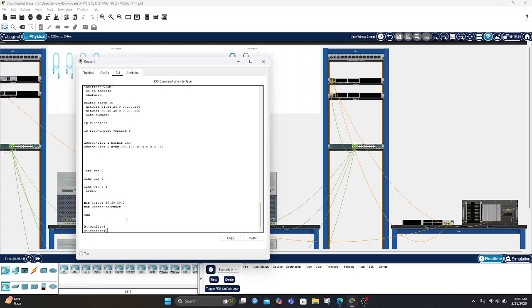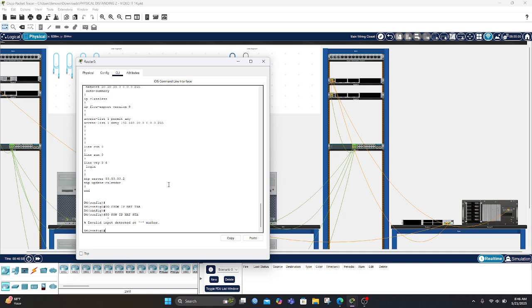Then let's check the NAT with show IP NAT. Maybe we must ping first.